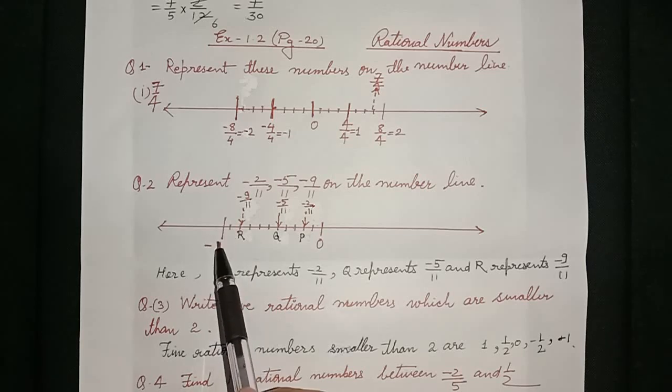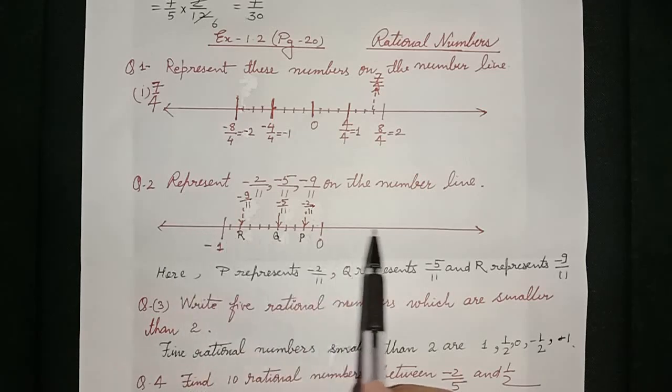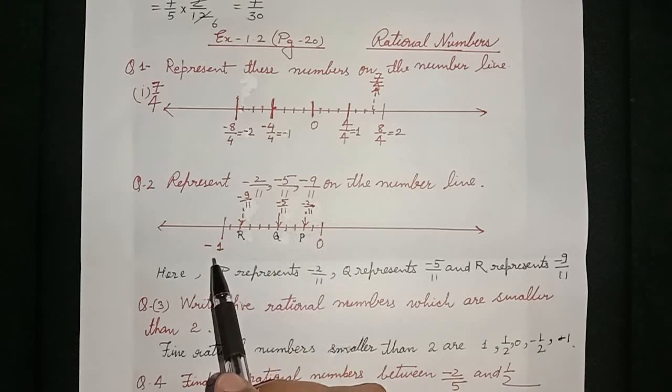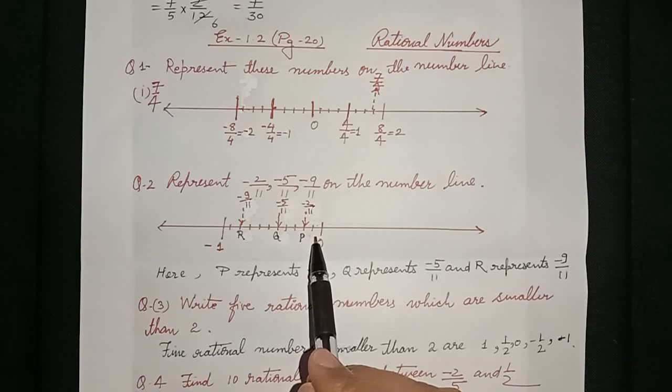So for this question also you will draw a number line, show 0 first, and after showing 0, you will divide 0 to minus 1 into 11 equal parts,